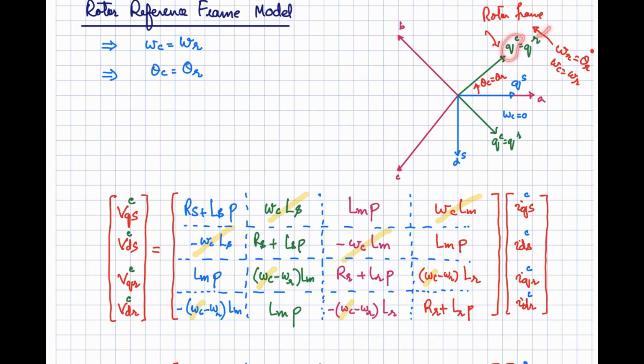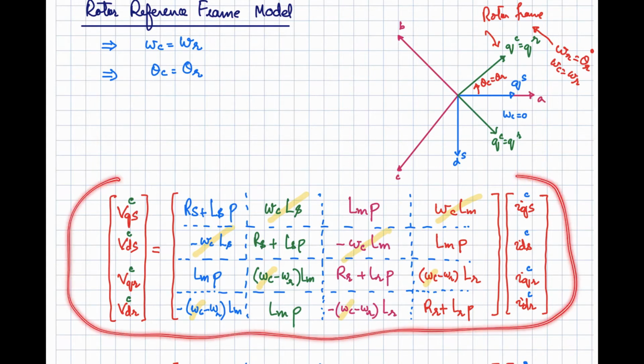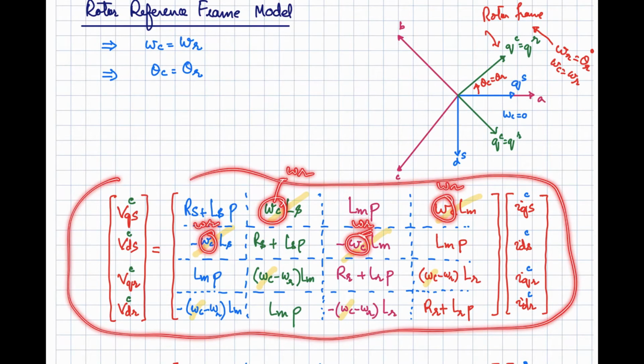qc as qr, rotating frame, rotor frame. This r represents the rotor frame, and this rotor frame is basically rotating with the speed omega r, that is equal to theta r dot. So this theta c will be equal to theta r, and the derivative of this one will give you the speed of the frame of reference. So if you look at the arbitrary frame reference model, that is given by this set of equations, and this term will be modified. Now this will become omega r, similarly this is going to become omega r, this is going to become omega r, and this is going to become omega r, because our frame is rotating with the rotor speed.